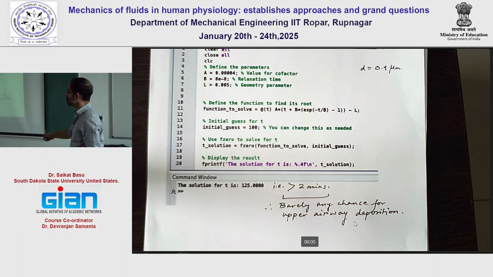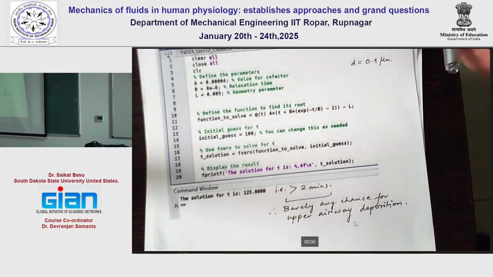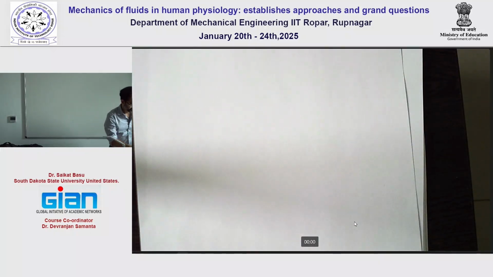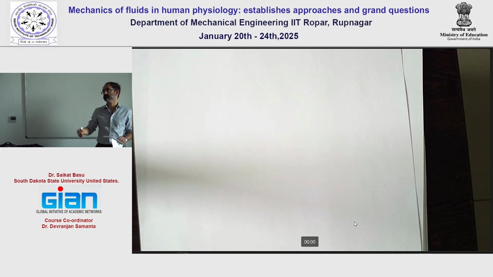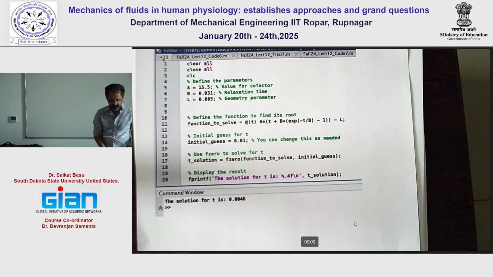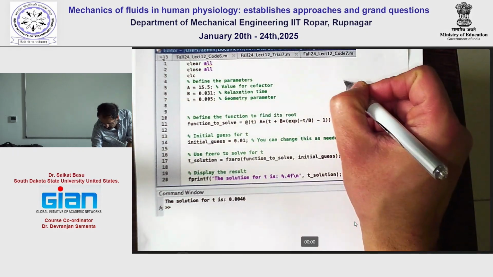I don't go into that because we would have to again do the numbers for the tau and the cofactors. Then this word barely makes sense because some of them might still land in the upper airway. Now, in the second case, and this is to your point, like the size threshold analysis, we can do it this way as well. In the second case, when we had the D to be 100 micron,